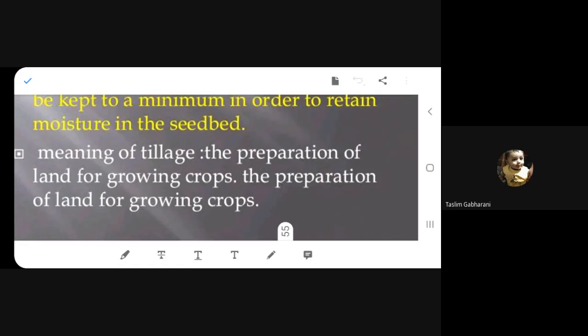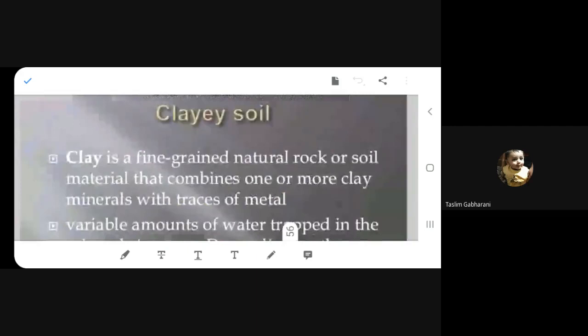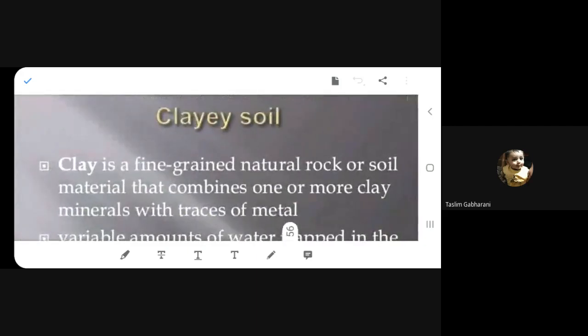You know what is tillage? We do it by plow. Remember? We take the help of the tractor. So what we do? We till the soil before sowing the seed. So tilling means bringing up the bottom soil